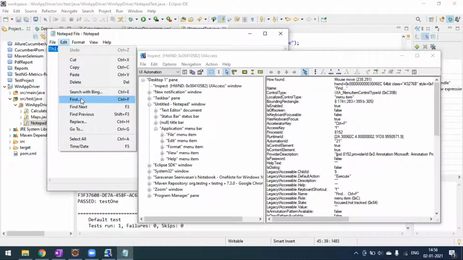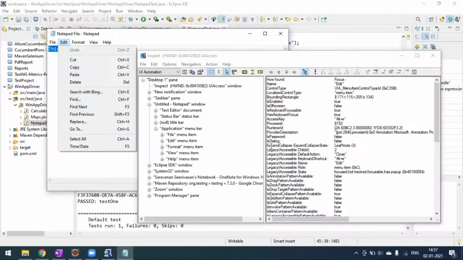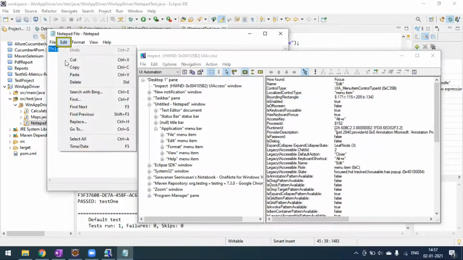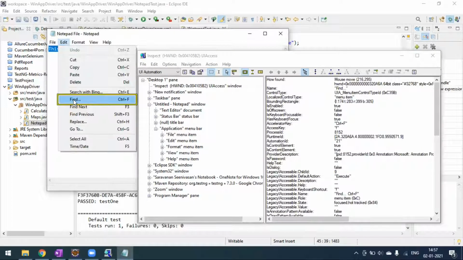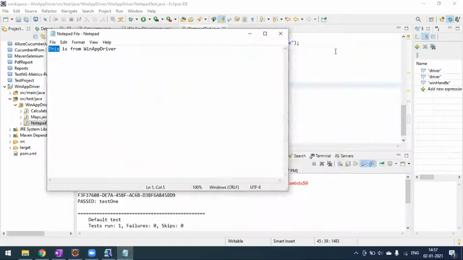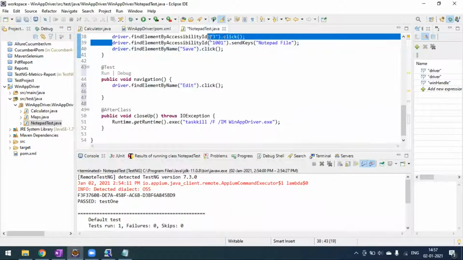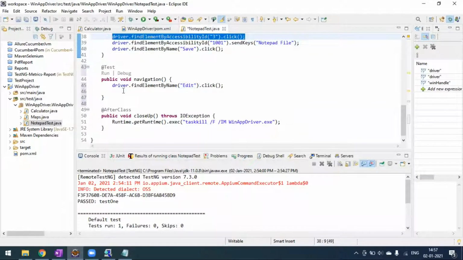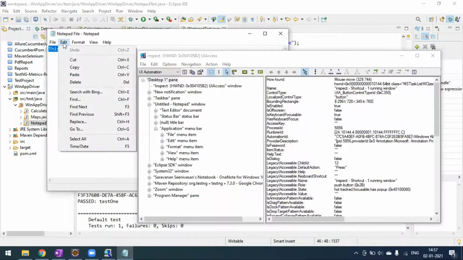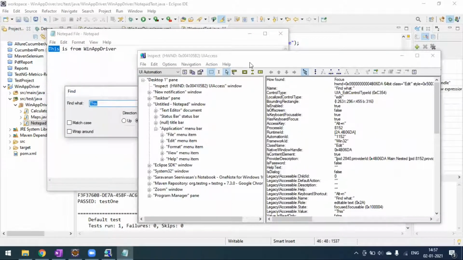So for find, we have an automation ID as well as a name, right? In this case, the automation ID is 21. Here you can see. So automation ID is 21, right? So we'll take this automation ID for this case and we'll click on this button. Okay, so I simply copy this one, automation ID, which is accessibility ID. So 21 is the ID value. Okay, after that, we have to click on this edit and we have to come to this find and we